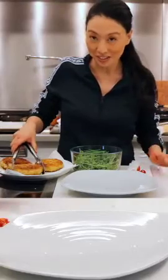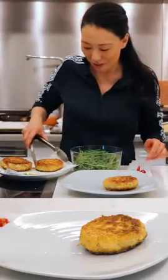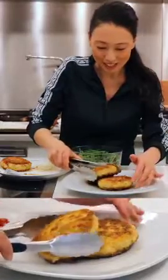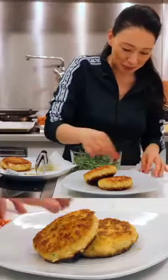So these are done frying after a few minutes. I've got some more frying in the background. You can probably hear it sizzling. And I'm just gonna plate these. This is a big portion, but